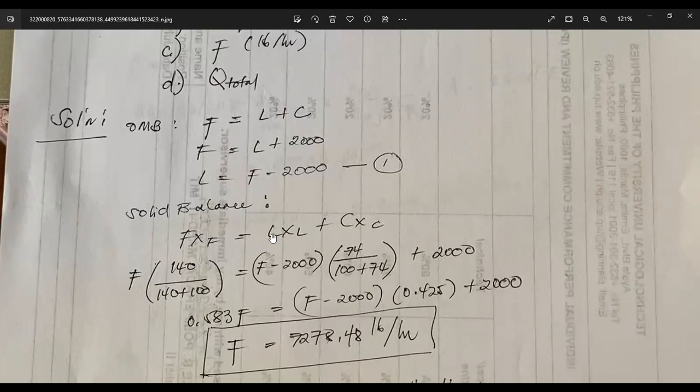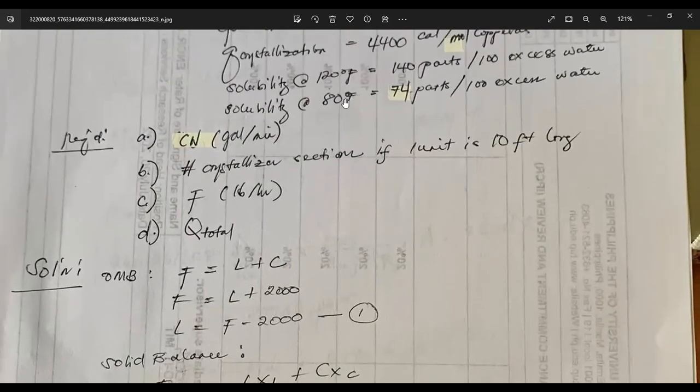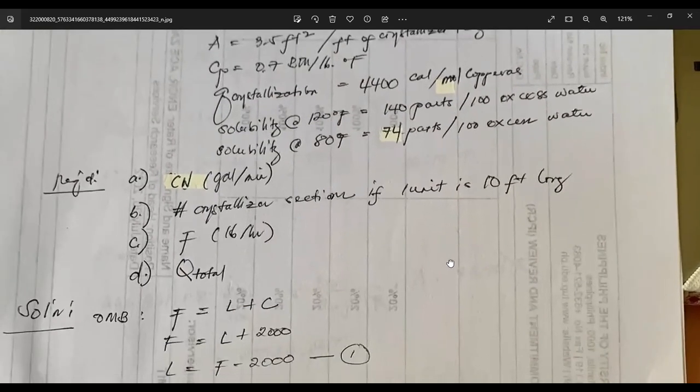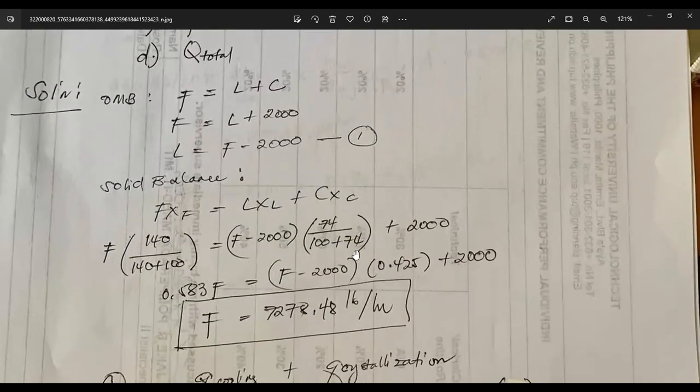Now for your L times XL, I already changed the F, or rather the L, to F minus 2,000. So I only get to determine right away the F. So I need not have another separate line. Then I use the concentration that is given at 80 degrees Fahrenheit, just like also number 1. You use the concentration of the magma at the indicated temperature, which is 80 in this case. So 74 parts ferrous sulfate per 100 parts water. So you have 74 here,